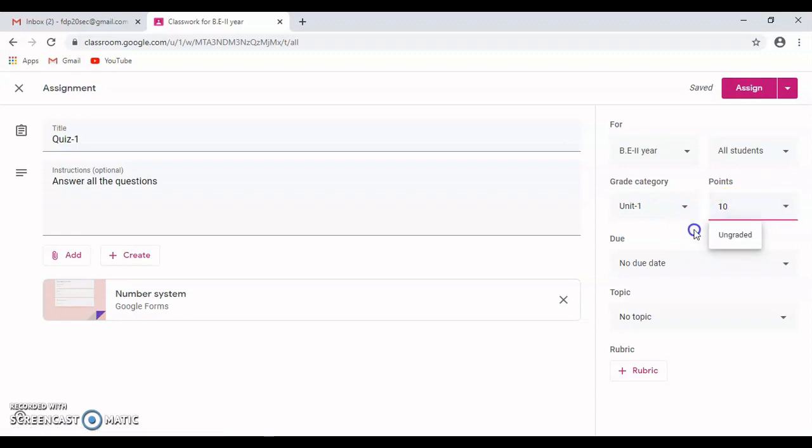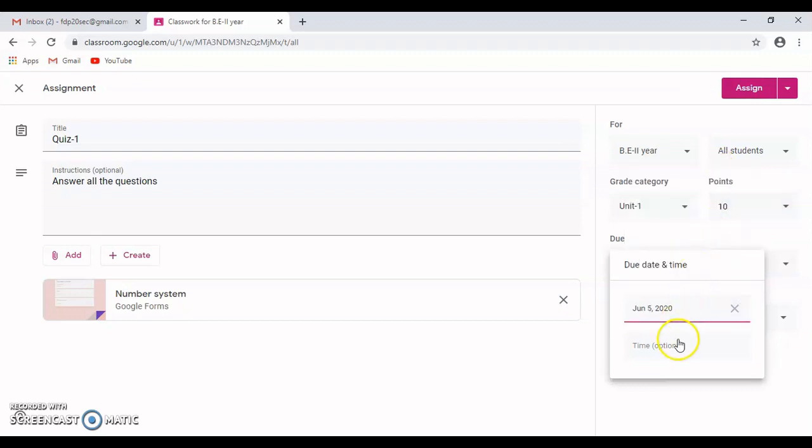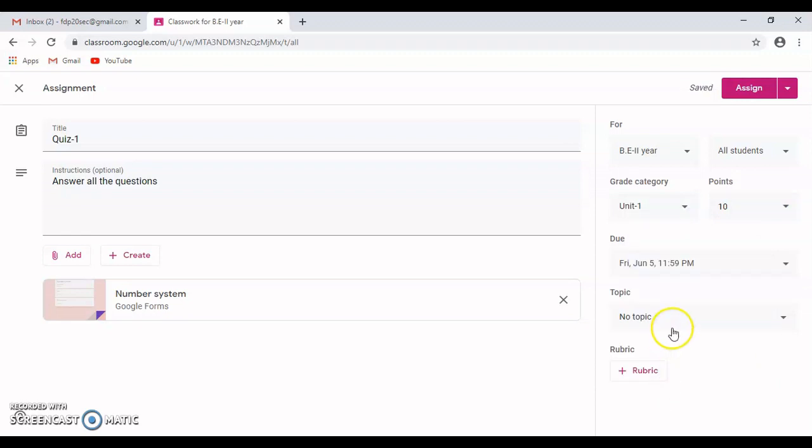I set the due date by clicking on the drop down box. I bring it under the Unit 1 topic by clicking on the drop down box. I click on Unit 1.